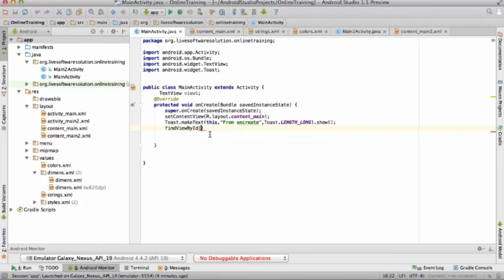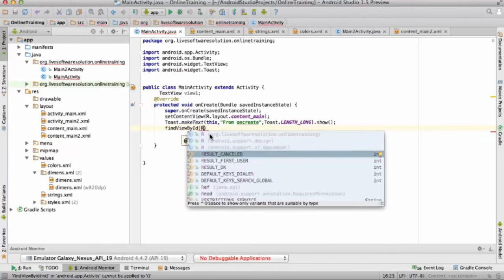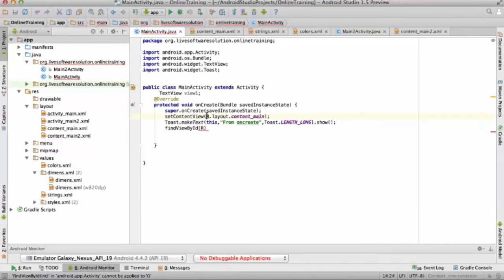And now I open the activity file, the activity file to which this layout is attached. Don't try to open another activity file in which this layout is not attached. If this layout is not attached in that activity file, then you will find an exception at runtime, like no such method error or no such file.